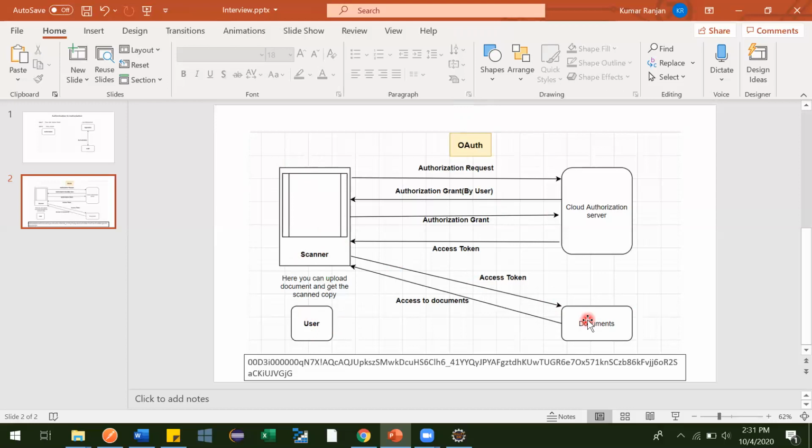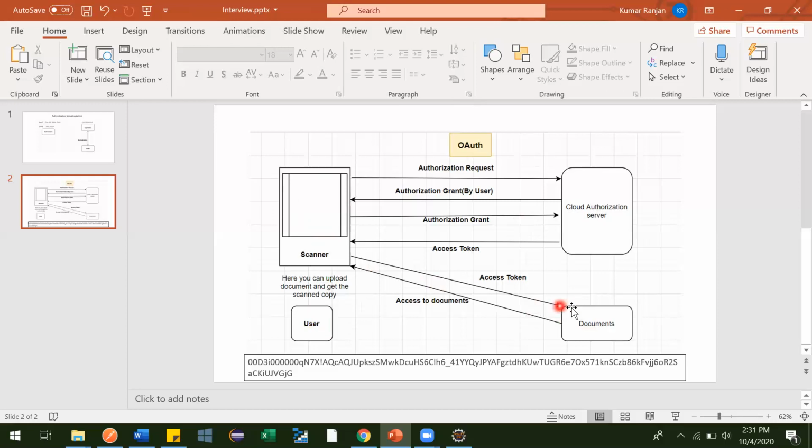This user has multiple documents over here. As soon as the access comes for these documents, they will start displaying in this application, so that the user can select and start scanning those documents. Now suppose these permissions had not been there. After getting access, this scanner app could do anything to those documents.